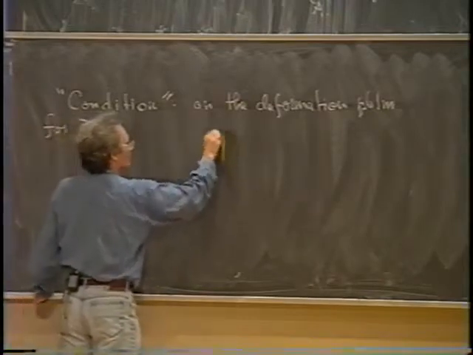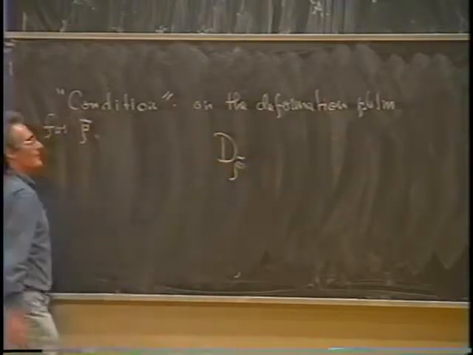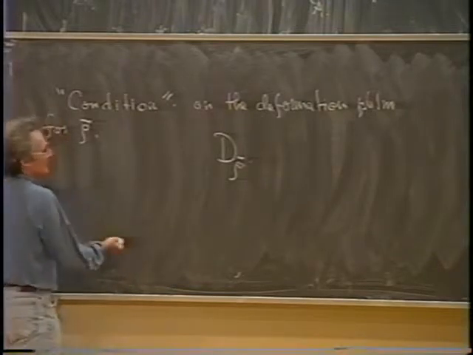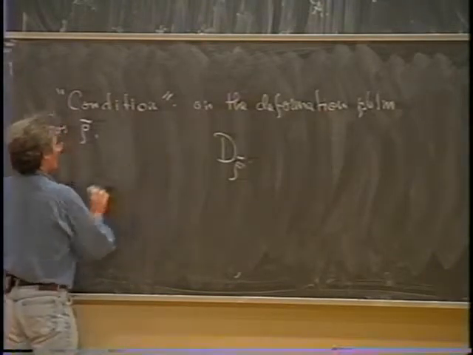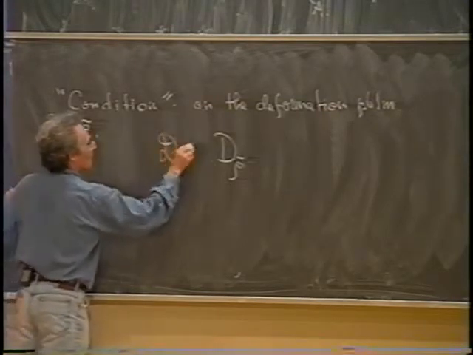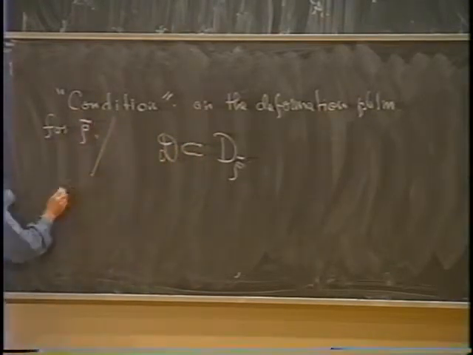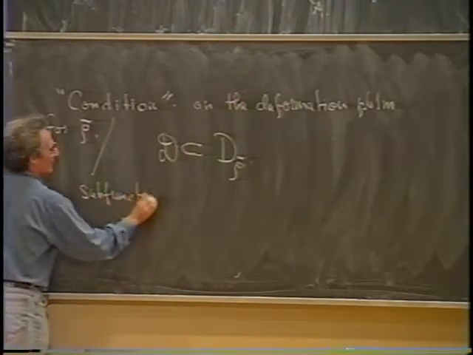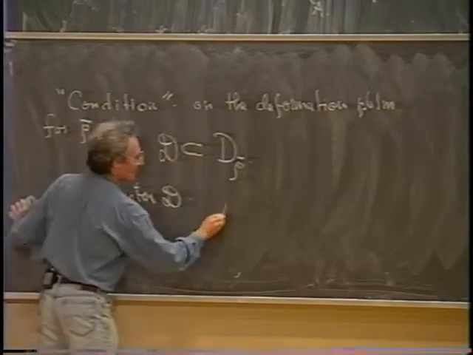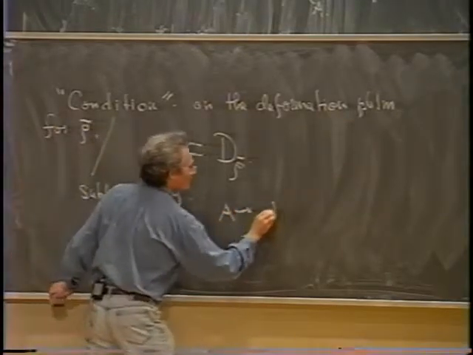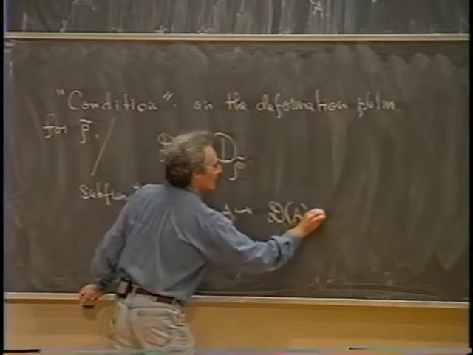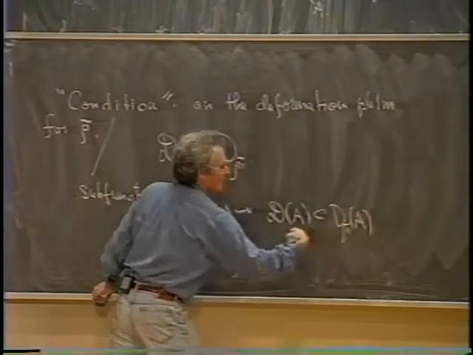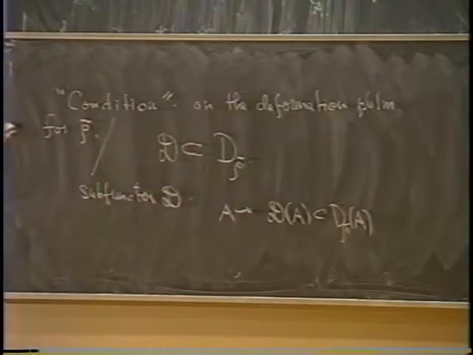Well, the deformation problem for rho bar is packaged by its functor, D rho bar. And a condition will be just a subfunctor. So a condition is a subfunctor script D. That is, for every coefficient ring, we have a subset of the deformations of rho bar to that coefficient ring, that subset being the ones deemed to have the condition D,